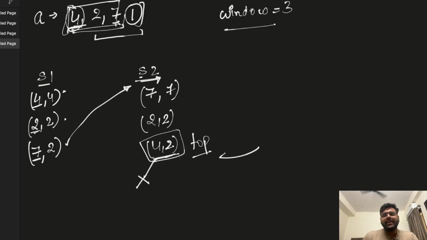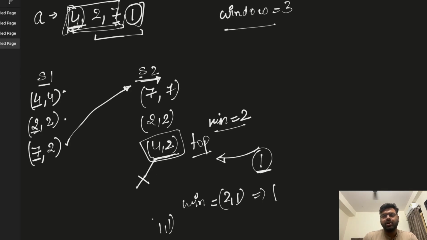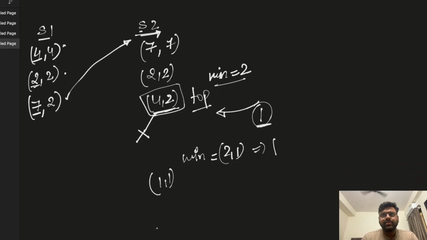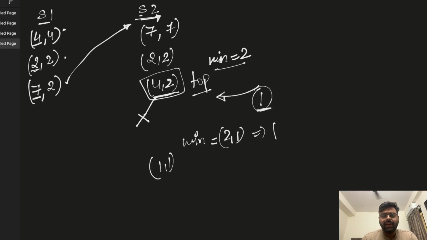And then we would be pushing 1. When we are pushing 1 into the stack, the minimum till here was 2, but now the element we are pushing is 1. So the minimum would update to the minimum of 2 comma 1, which would be 1. So we would be pushing 1 comma 1 into the stack. So this is how our S2 stack would be maintained. And finally the topmost element of S2 would always be giving me the minimum element